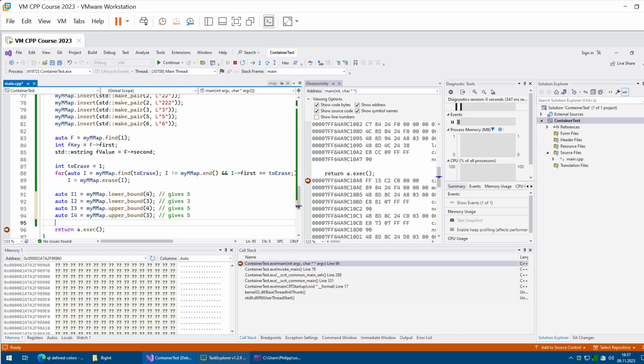What else would be worth mentioning about maps? I think at this point this is it. You can check the documentation. I'll put a link into the